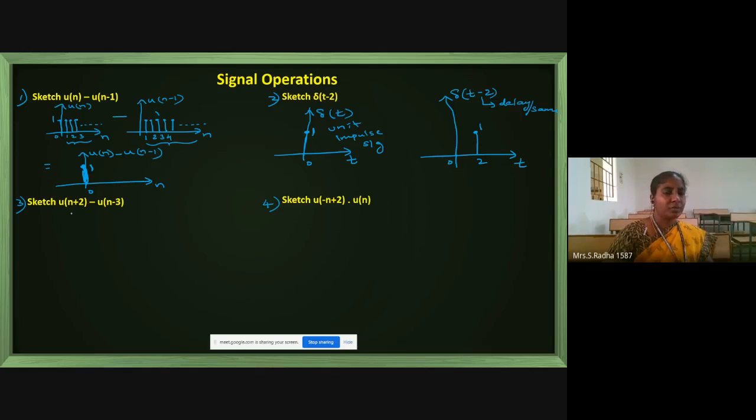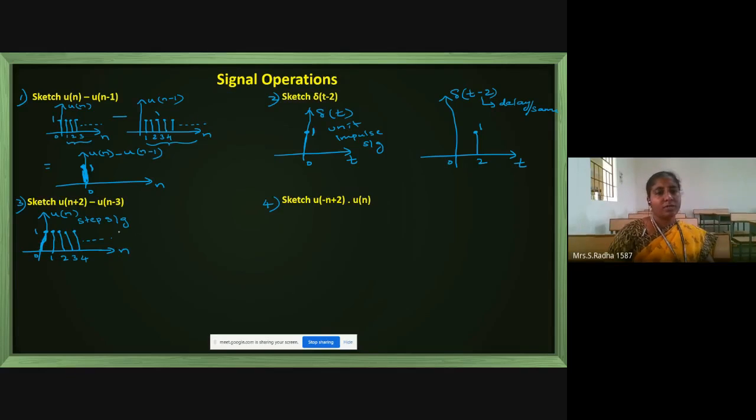Okay. Now coming to the next diagram. First I will proceed with u of n. This is the step signal. Height is 1, so it can also be called the unit step signal. It will have perpendiculars, full positive axis. So dot dot dot. This is 0, 1, 2, 3, 4. And this height is 1. The x-axis name is n. This is the u of n step signal diagram. This is a standard diagram. They will not give it in the question.